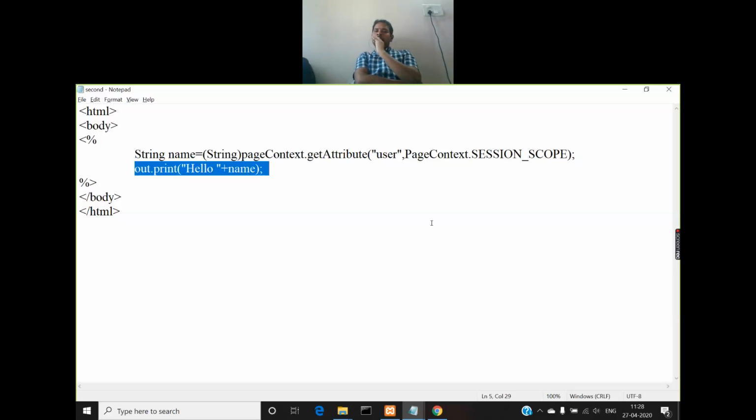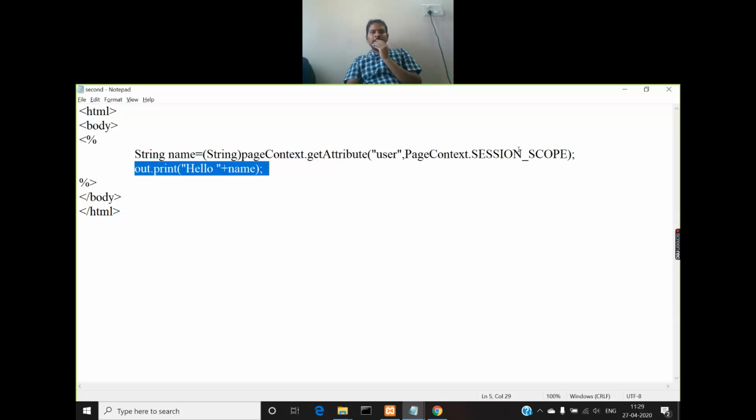Once the user logs out of the application, the session is completed and the attribute is no longer available. It will be available again only for a new user when he logs into the application. If I create using the application scope, irrespective of whether you have logged in or not, that attribute will be available for the entire application in all the pages.